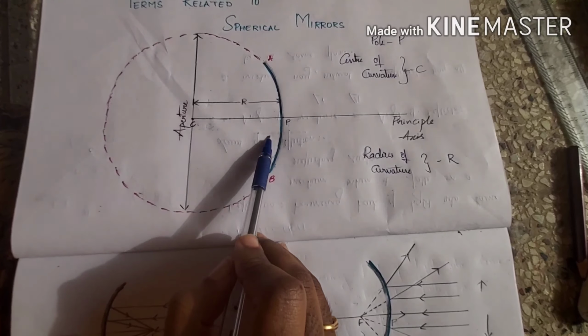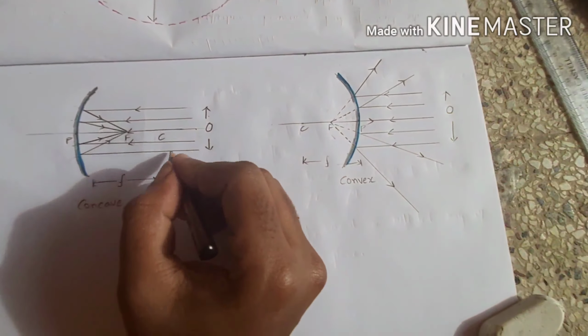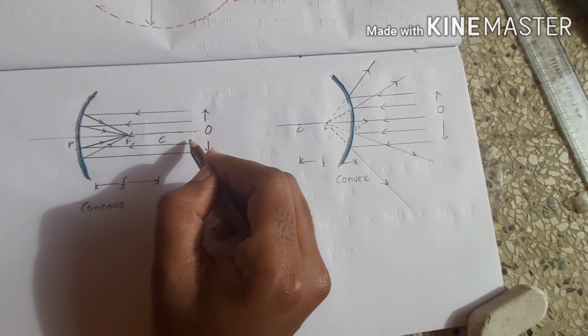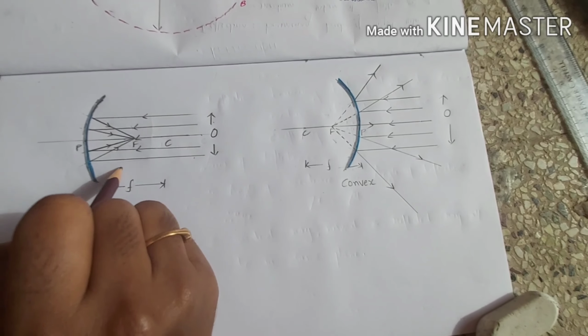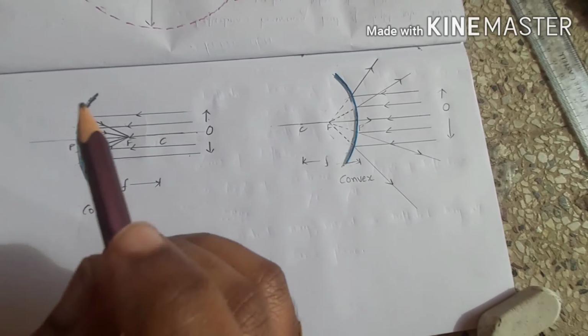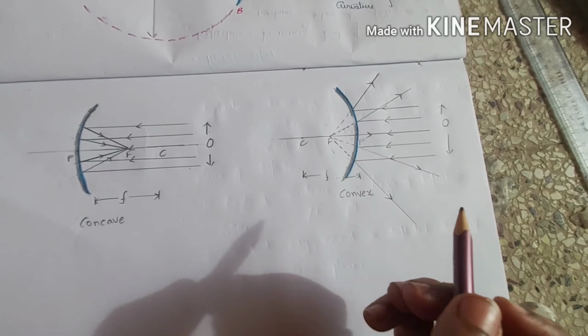Other than these four, we have principal focus and focal length. Now we'll see those things. So here I have drawn my concave and convex mirror. The blue part is my reflecting surface and this shaded part is just the metal coating on the mirror. Here for our study I am just taking 5 rays that are incident on the reflecting surface of a concave mirror. So a concave mirror is a converging mirror. It converges the light that falls on it.